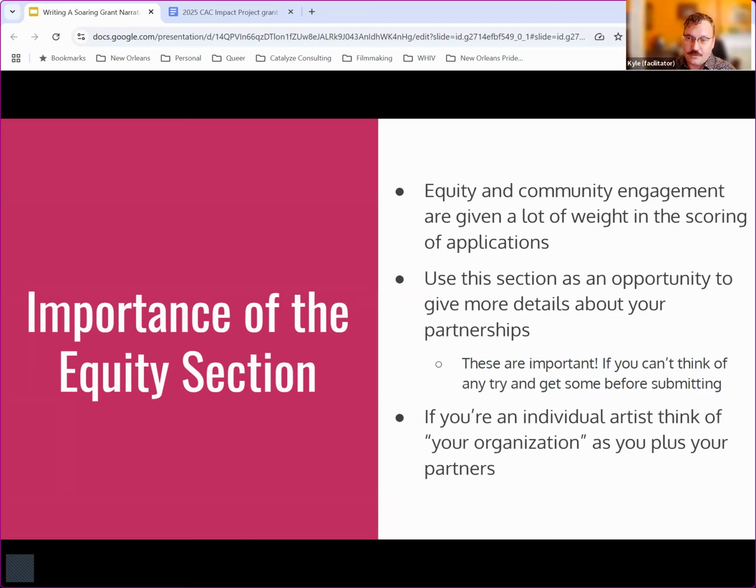And so this is also a great opportunity to give more details about your partnerships. There used to actually even be a specific question about partnerships. Now there is not. And so I think that's something to keep in mind, to really touch base at some point about what are the other organizations you're working with that give you access to those communities that are so core to your work.